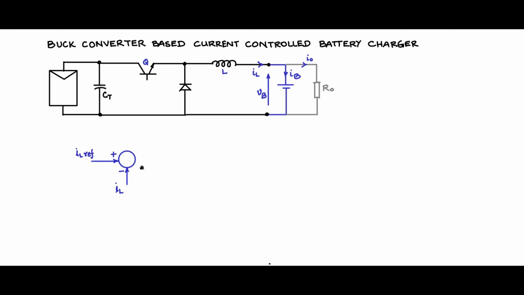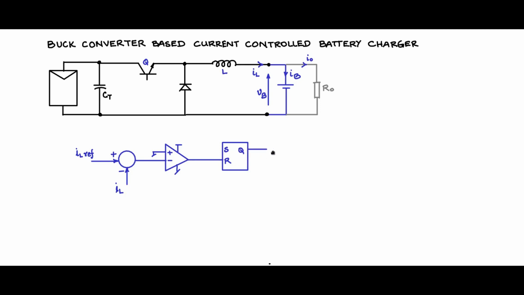Reference for this. Now this error goes through a comparator. So I will connect this to the minus terminal, to the plus terminal I connect ground 0. Of course there are power supplies for the comparator. The output of the comparator goes to an SR latch. So I am going to connect the output of the comparator to the R reset pin of the SR latch. There is a set pin also, and there is a Q, the output pin of the SR latch.